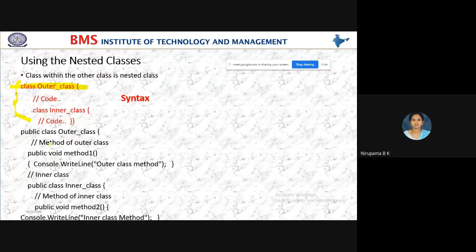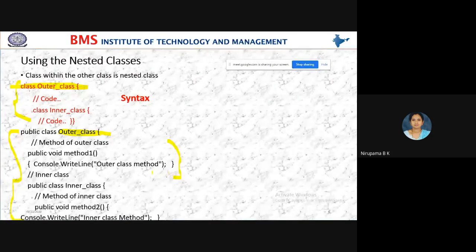According to the syntax, here I have written one program. The class name is outer class. This is the outer class, and the methods of outer class. Here I have not taken any variable.